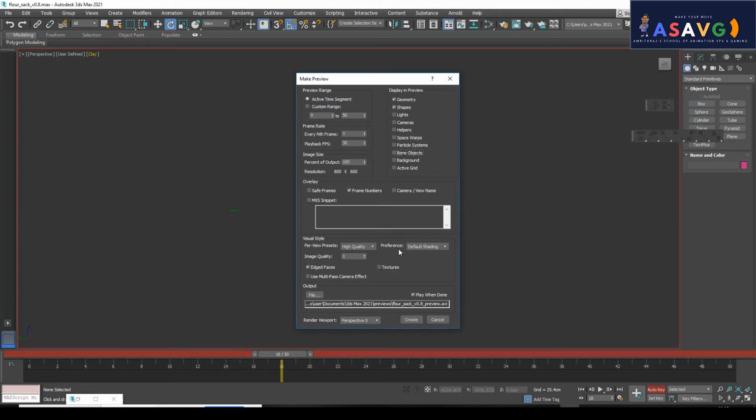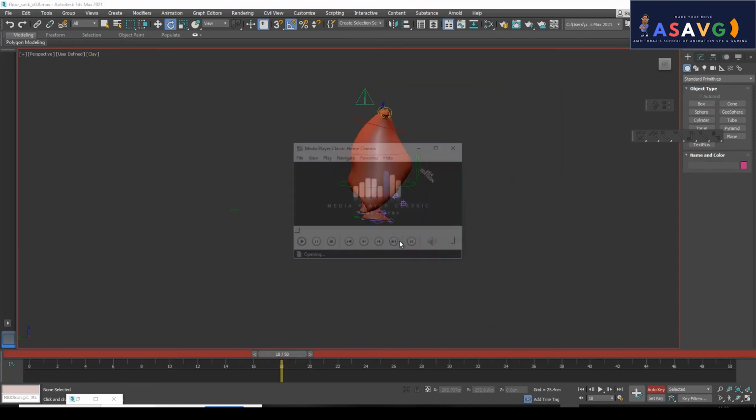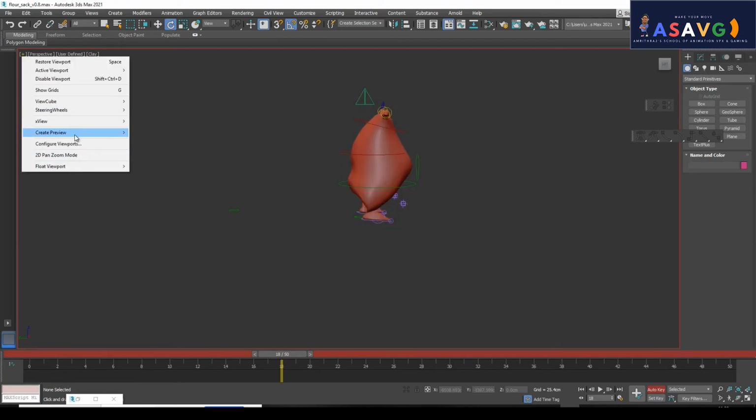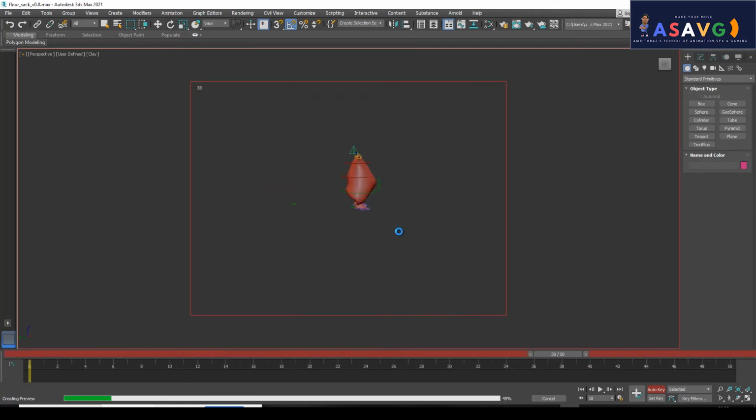And the preferences over here, look, this is a preference. I want default shading as clay. We are using clay right here, so we want to see it as clay, so create it. Some more changes are needed, so we'll create preview animation. Settings should be changed. We want textures. I don't want to see edge face. Okay, create.